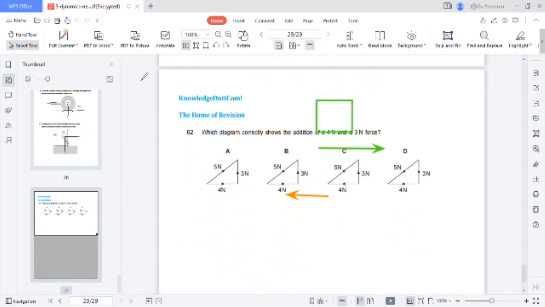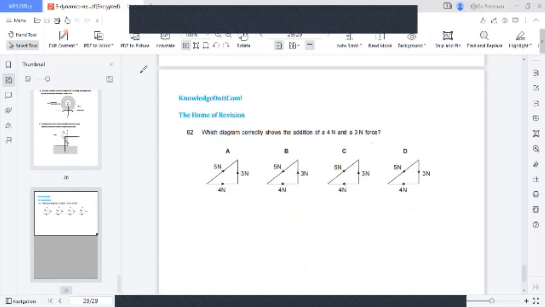Okay, which diagram correctly shows the addition of 4 Newton and 3 Newton? So by the head to tail method, we know that if two forces are added, then the resultant of those two forces would be, suppose this is a 4 Newton force and then we add a 3 Newton force, then the possibility is that by the head to tail method,